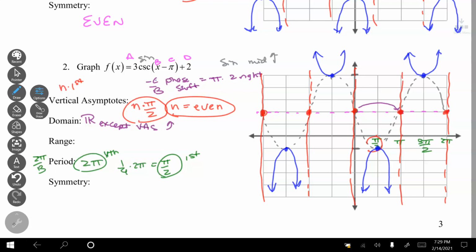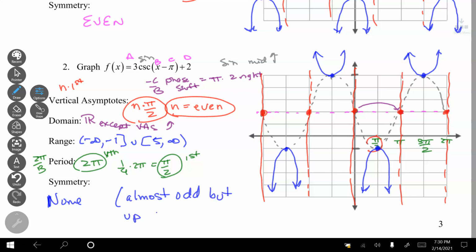And my range for this one, if you notice, the lower goes from negative infinity to negative 1 in union with, I know it's off the graph, but 5 to infinity. And my symmetry, man, it looks like it's a flipped upside down picture. It actually is no symmetry. None. It is almost odd. It's very close to odd, but